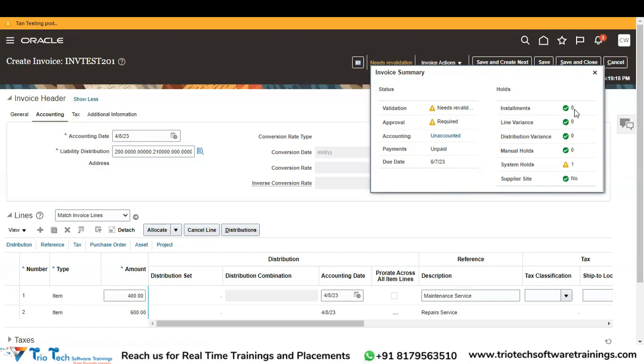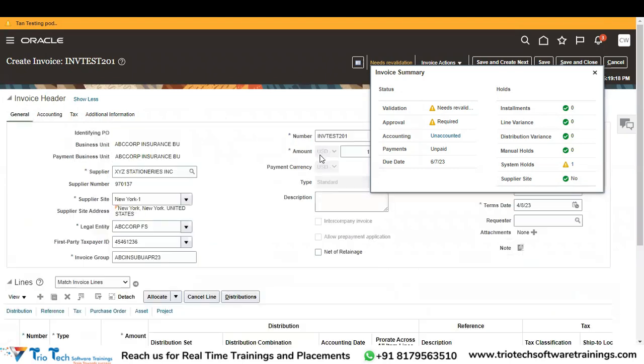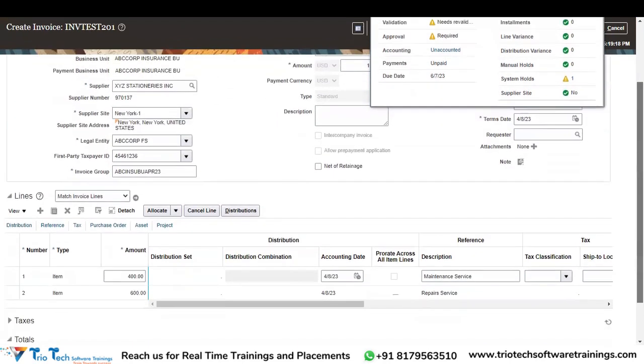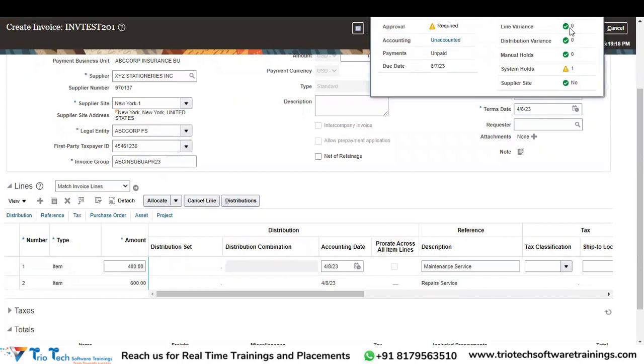If it is related to installment, then it will show you here. If it is related to line variance, meaning the amounts that you have entered at the invoice line level and the amount that you have entered at the header level, there is a difference between them, then it will show you the line variance hold, indicating that there is a difference, and you need to rectify or correct it, and then you can revalidate again. Similarly, if there is a difference between the line amount and the distribution amount,